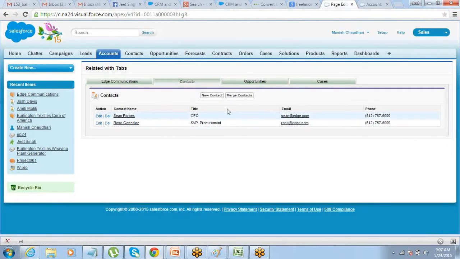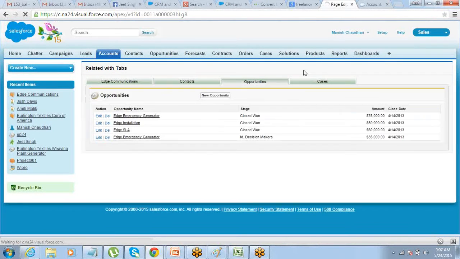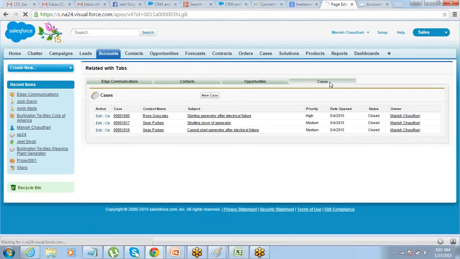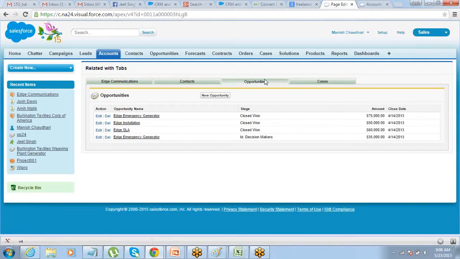Click on contacts, it will show you contacts. Click on opportunities, you see opportunities. Click on cases, you see cases, right? You can make out that if you are given a page which is very long and has a lot of data, you as an end user will face a lot of difficulty scrolling down and trying to search for something.